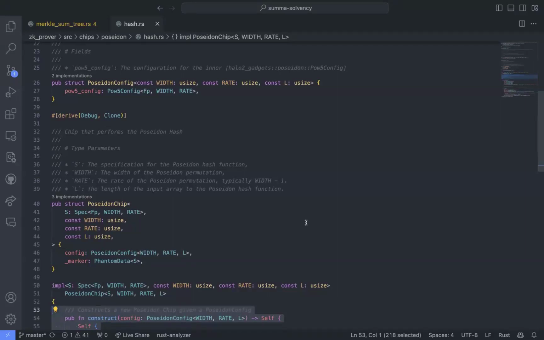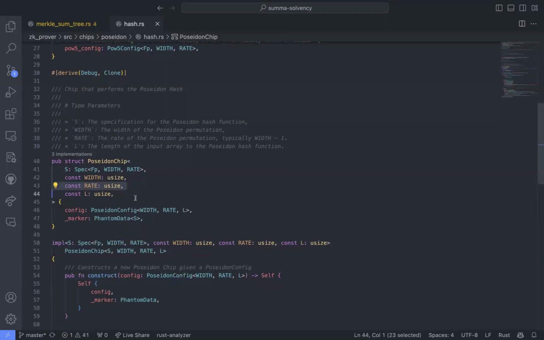If you know a bit about Poseidon, there are some parameters that need to be instantiated for a Poseidon implementation, and these are width and rate. This is something very specific that I'm also not super familiar with, these are details of the implementation of Poseidon,